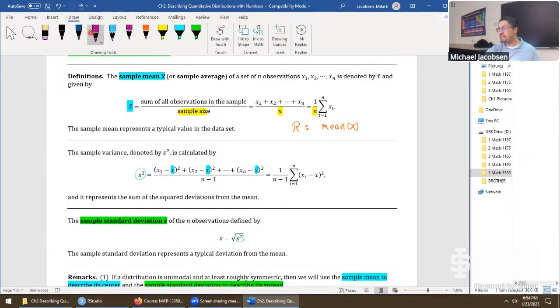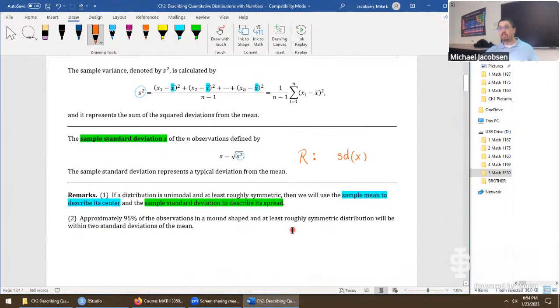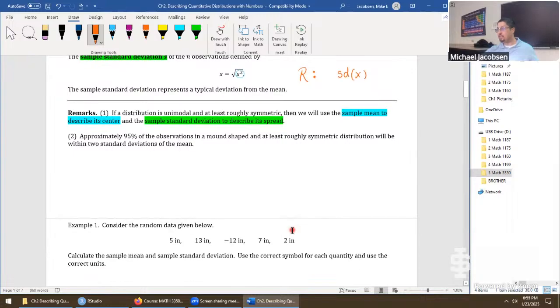So if we're using the standard deviation, that's one we should describe for the R syntax. In R, all you have to do is say SD for standard deviation, X, and it implements this equation as well. So it does a whole lot of stuff. Well, those are the introduction to the statistics that we're actually going to be using. It's kind of weird to talk about them in chapter 1, but define them in chapter 2. But I think it makes sense because everyone has a pretty good intuitive feel for what a mean is, or average in the first place. But we should actually calculate this stuff, and that's the purpose of example 1.